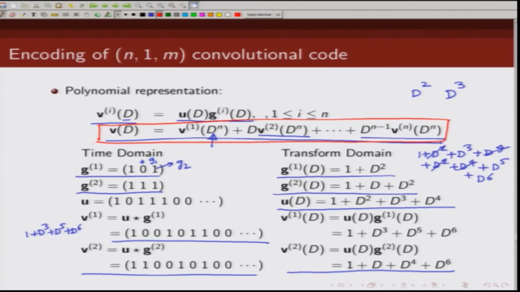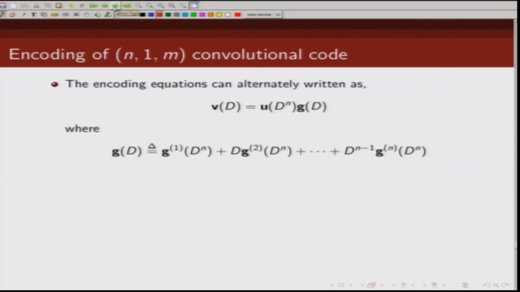So I hope I made it clear why this is D raised to power n, and why each of the parity bits is delayed by one power: D, D square, D cube, D^(n-1). Following this, we can also write our encoding sequence in this particular form,